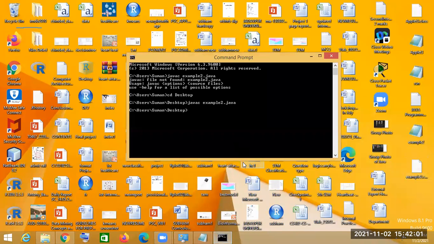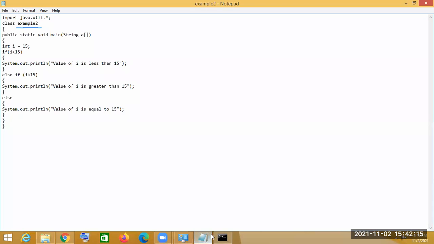And now after that, we will run it. To run a Java program, we have to write java and then the file name. So what is the value here?